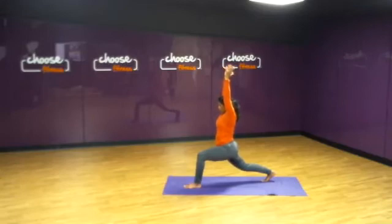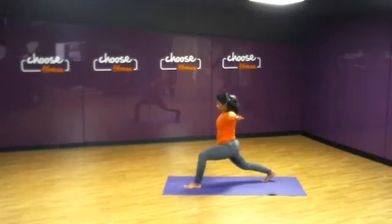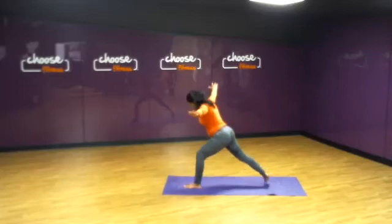Feel the legs engaging and working. And then bring your arms to the sides, keeping them shoulder height, belly into the spine. And again, your shoulders stacked over the hips. We're going to turn now the right foot to the short edge of the mat